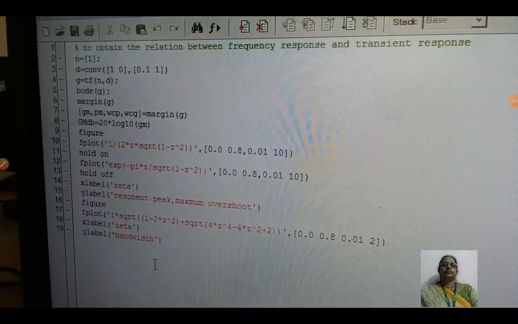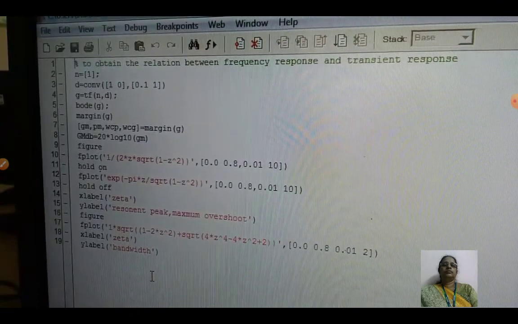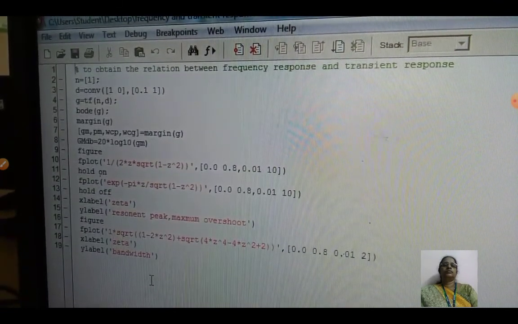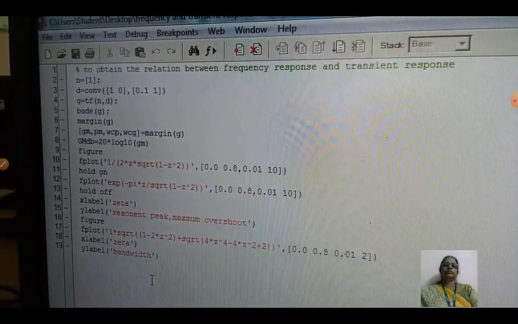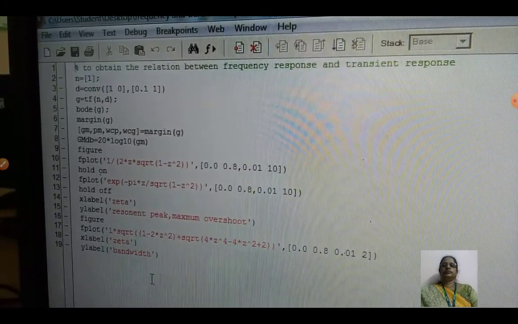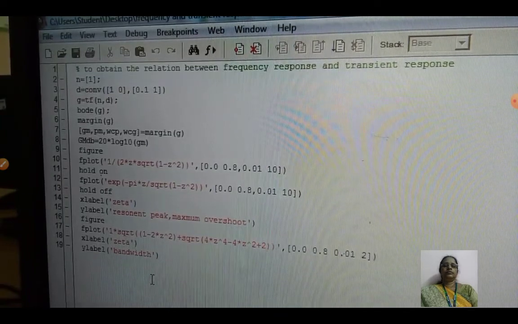Dear student, now I explain the relationship between open loop frequency response and stability, and open loop frequency and closed loop transient response. The second one is the study of the effect of open loop gain on transient response of a closed loop system using root locus.